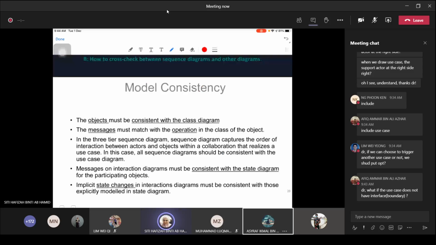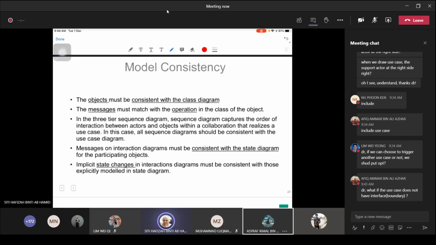Okay, and then model consistency. The objects must be consistent with the class diagram, just like what I mentioned. And then messages must match with the operation in the class of the object. So whatever messages you mention in the sequence diagram, you must have it in your class diagram as well. And then the story of the sequence diagram, the flow, must tally with the one that you mentioned in the